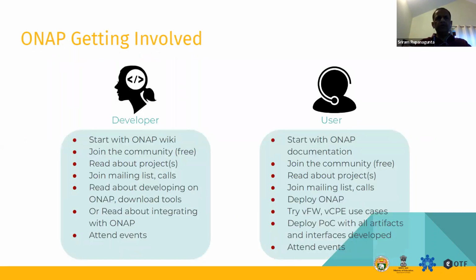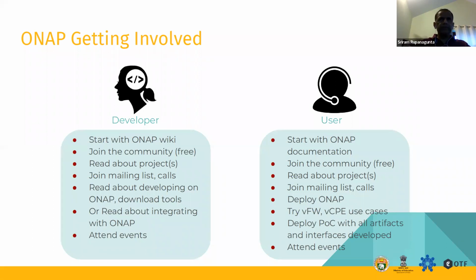So lastly, how do you get involved in ONAP? As I mentioned in one of the previous slides, there are essentially two ways you can get involved. One, as a developer. As a developer, you can start with the ONAP wiki page, and I have references to that. You can join the community.